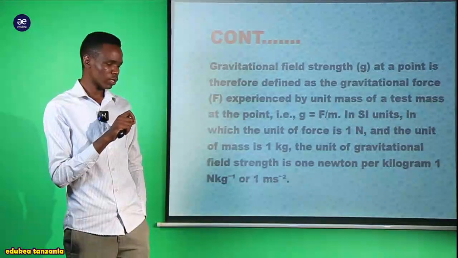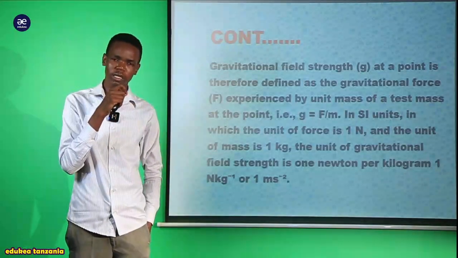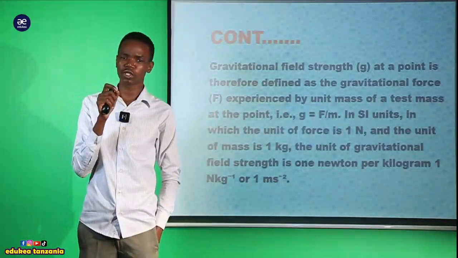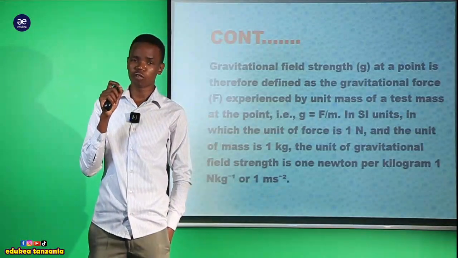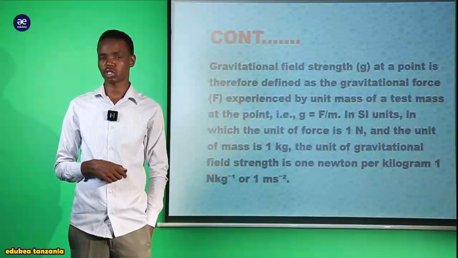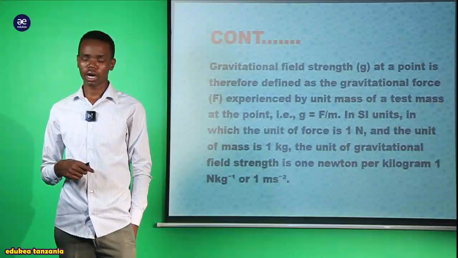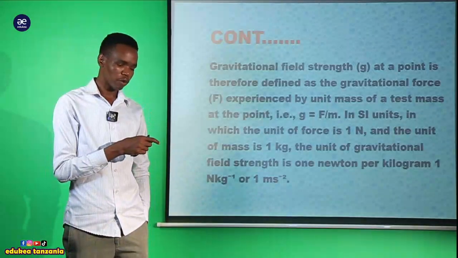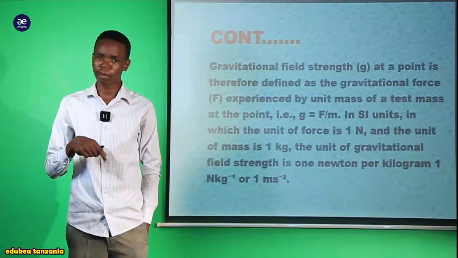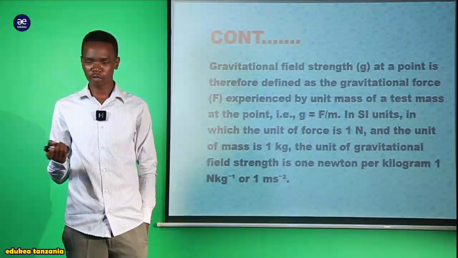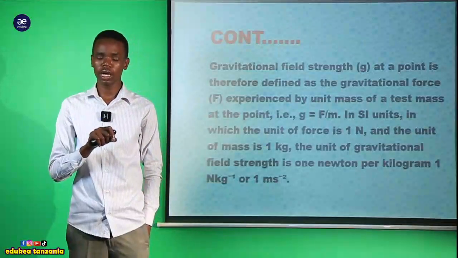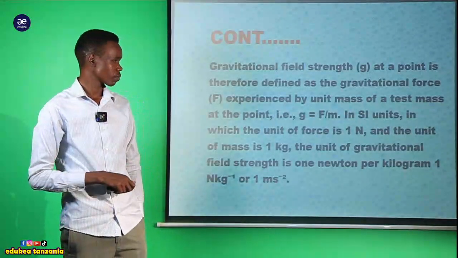So to obtain this gravitational field strength, we must take the ratio of the gravitational force and divide it by the unit mass, meaning the mass of an object. But here, the force of attraction occurs around the mass of an object, where if we take another mass, another object, and keep it near, it will experience that force.